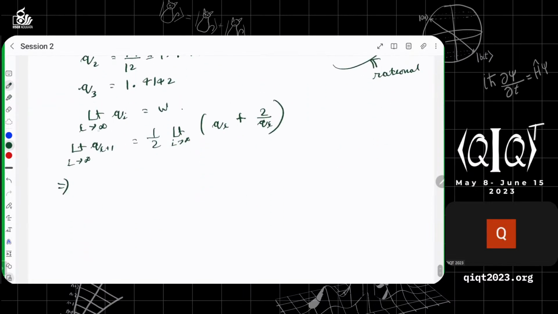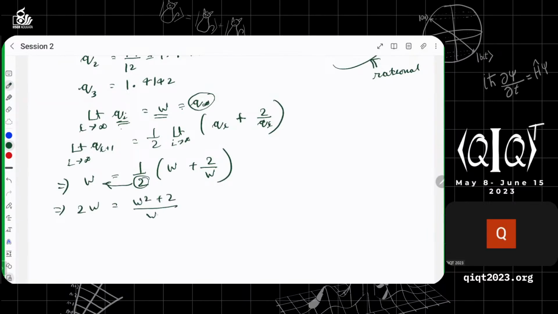Now, if the limit as i tends to infinity of q_i is w, you can also write it as q infinity. So q_{i+1} as i tends to infinity will also tend to the same limiting value. So this would be w also, or q infinity. And half, so again the limiting value is w for q_i and 2 by w, something like that. So let's try to solve it. So 2w, and I'm taking 2 here, it would be w squared plus 2 by w, that is 2w squared, w squared plus